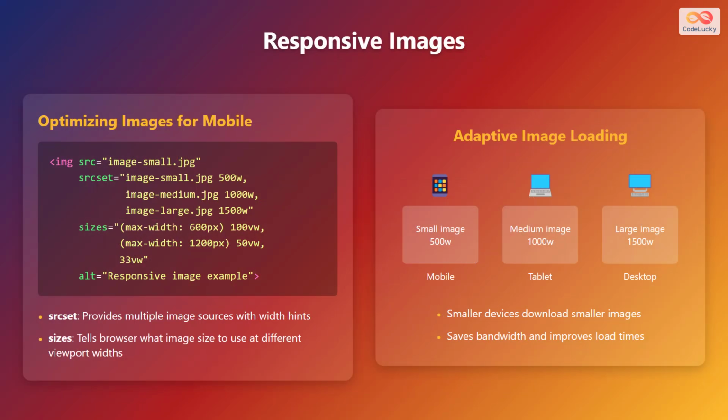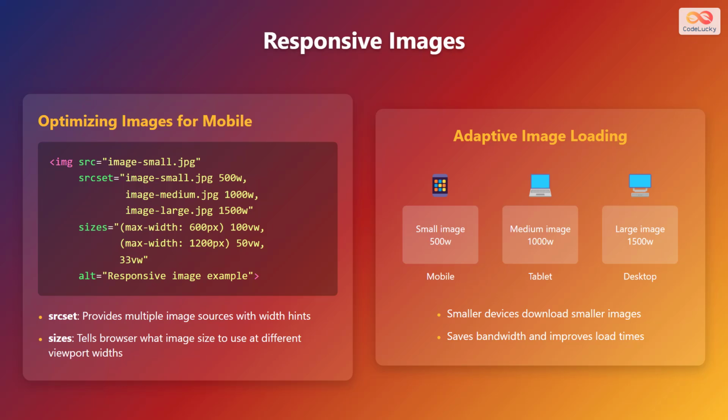Next, let's discuss how to optimize images for mobile devices. Using responsive images ensures that smaller devices don't download unnecessarily large files, saving bandwidth and improving load times. This is achieved using the srcset and sizes attributes in the image tag. Here's an example of the code. Image src equals image-small.jpg, srcset equals image-small.jpg 500w, image-medium.jpg 1000w, image-large.jpg 1500w, sizes equals open parenthesis max-